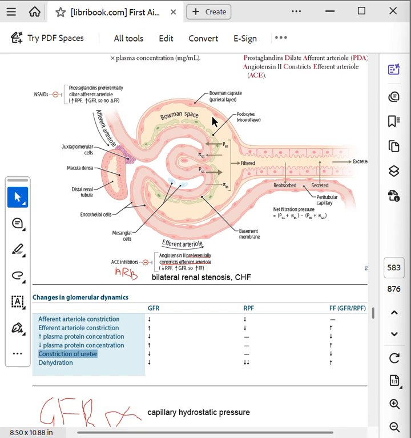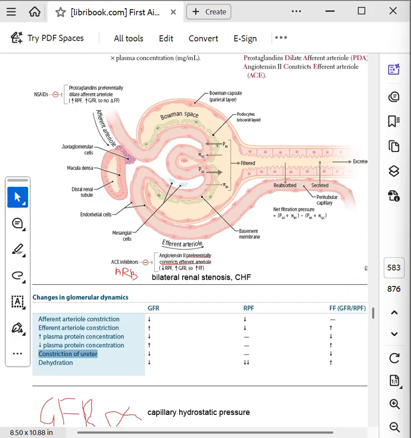Now we come to the dehydration states. In volume depletion states, the mechanism is that the volume of plasma entering basically falls, and the renal plasma flow falls because it's a depletion state, dehydration. So what happens is we have GFR that is falling. The GFR falls, the renal plasma flow falls, and since both of them are falling, but the renal plasma flow is falling in more proportion than the GFR, the filtration fraction increases. Since there is very little renal plasma flow and the GFR isn't falling as much as the renal plasma flow is falling, the filtration fraction ultimately increases.